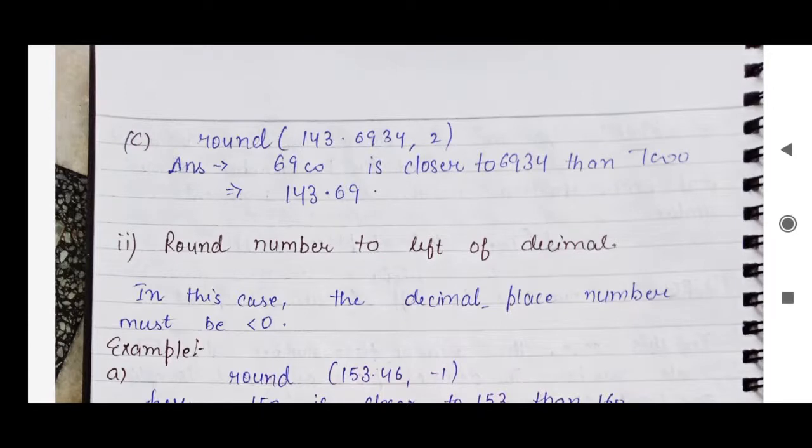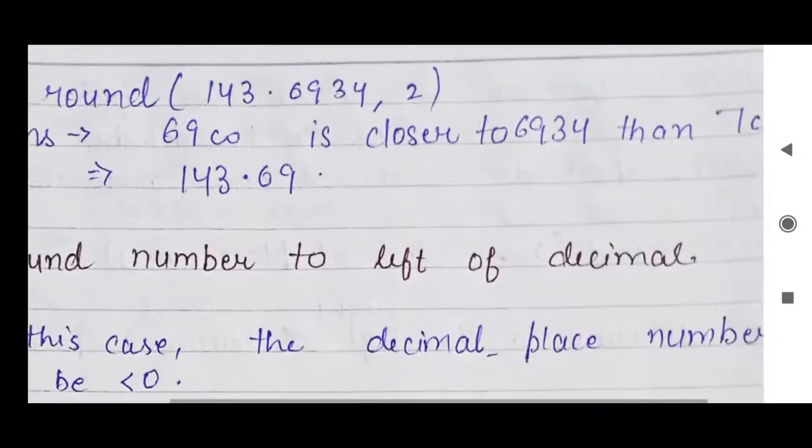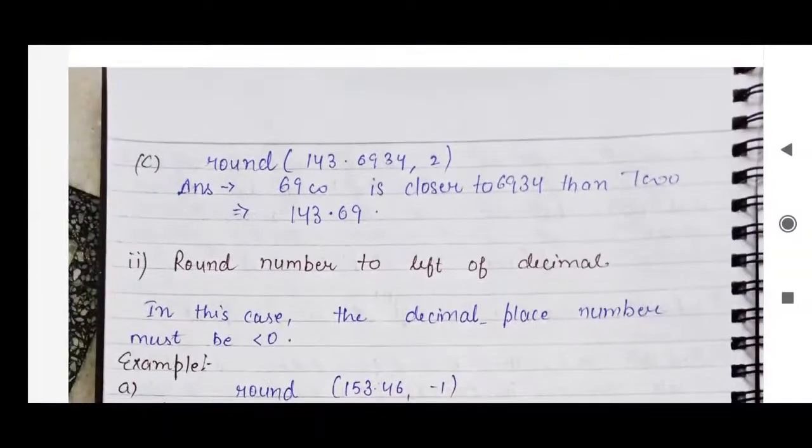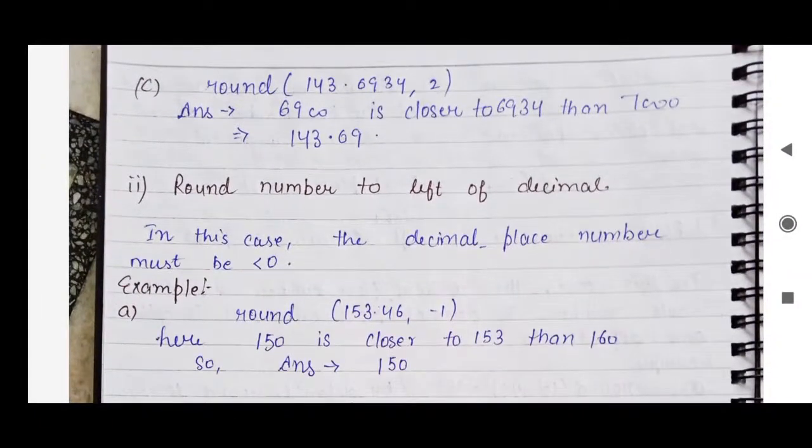So what it will do, it will first check 693, it will take 693. We find that 690 is more closer to 693 than 700. So we have taken the value like 69. Okay, so this is the resultant rounded value, that is we want only two numbers after the decimal places. So this is what happens if you want to round the numbers to the right of the decimal point.